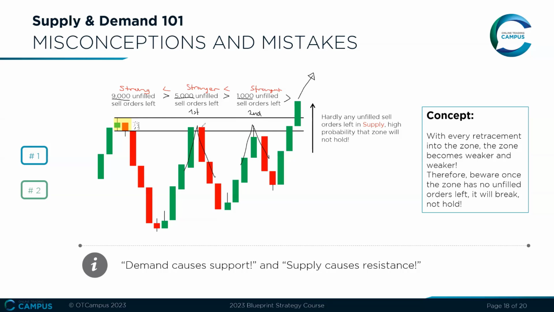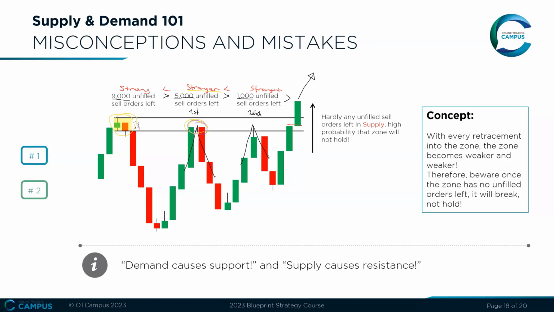Because we know that the more time price is touching an imbalance, the more orders are being filled, hence the fewer orders there are. And saying that you want to sell here would be counterintuitive looking at supply and demand, but support and resistance is what, as per the textbook, would tell you to do that. So what's quite interesting, or what's important to say, is that it's really supply that's creating a strong resistance area, right? And once a strong resistance area is created